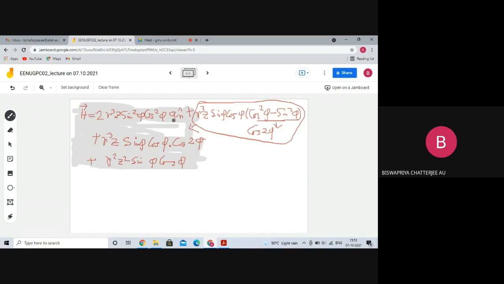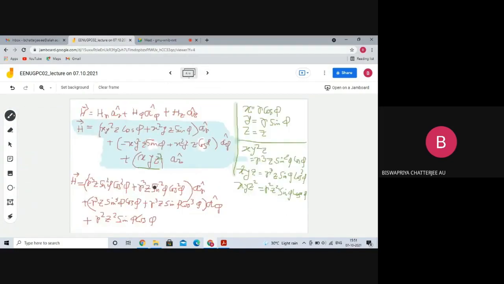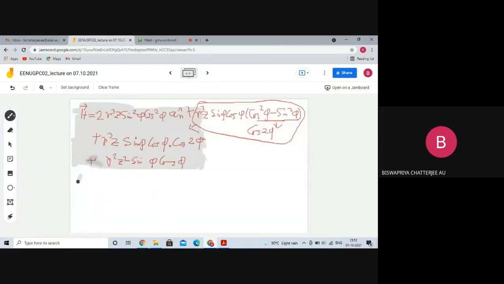Now let us come to the final part of our problem. Once you have converted into the cylindrical system, let us evaluate the vector at the following point: 2, 45 degree, 5. So H at (2, 45 degree, 5)